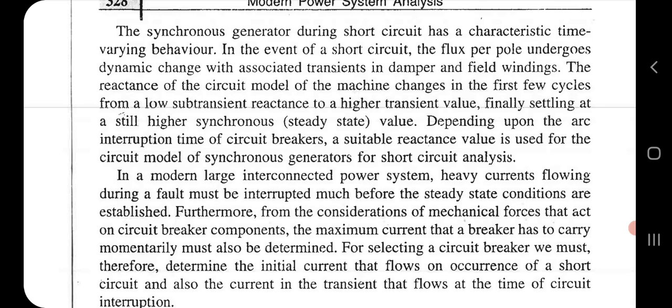This process takes a few cycles. During the first cycle, the flux will be more and the current level will be more. In the next cycle, the armature reaction takes place inside the generator. At that time it tries to absorb the flux, and tries to neutralize or reduce the high level of flux in the armature, and brings it to the normal condition.